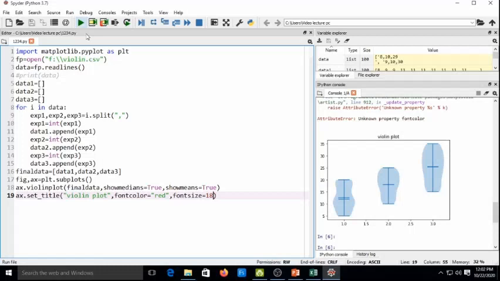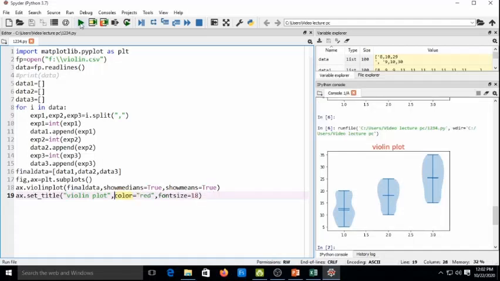Now, if I run, you can see this violin plot is represented in the generated violin plot. This is a title, that is a violin plot.